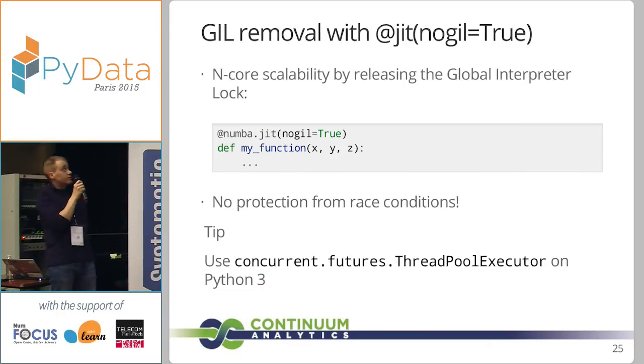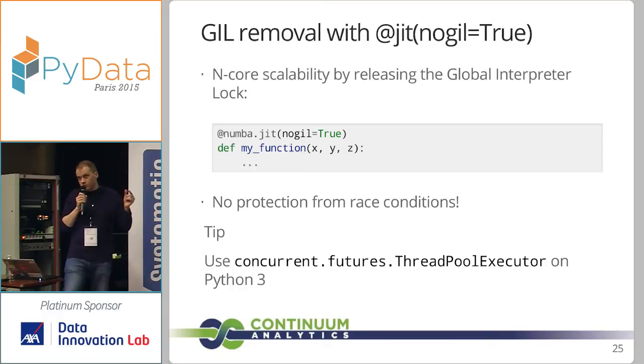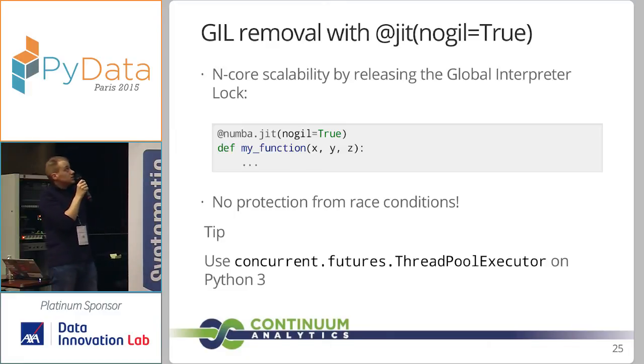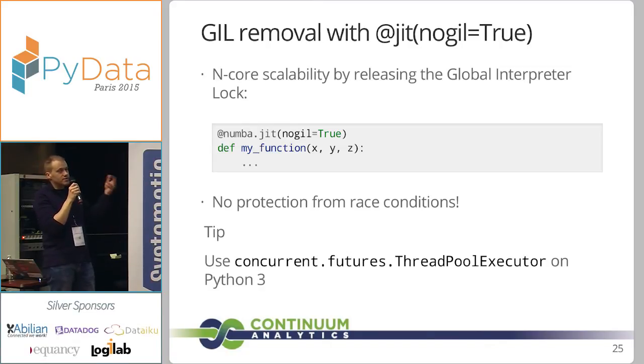Another feature with the jit decorator is that you can release the global interpreter lock inside the function. The global interpreter lock in CPython is a mechanism by which only one Python thread can execute at a time. It's a well-known limitation to scalability with CPython. Releasing the GIL in standard Python code is really not possible because of all kinds of internal coherency issues in the interpreter. But you can release the GIL in a Numba compiled function because Numba really doesn't call any CPython API once it's inside your function. So you just tag nogil=True in your jit call, and Numba will release the GIL for you.